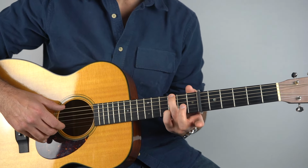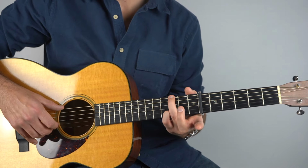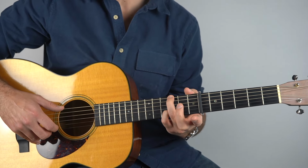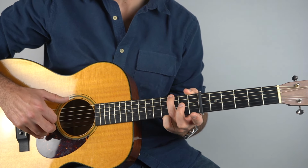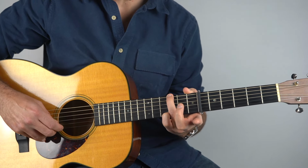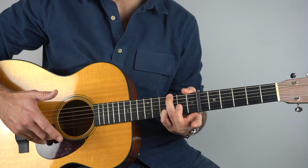Okay, and then the next bar you're going to play the 3rd fret on the 2nd string with the 6th string together, again pull off that 2nd string to open, and then again it's the 4th string, then the 3rd, then the 6th, and then we're going to hammer open to 2 on the 2nd string. So far,